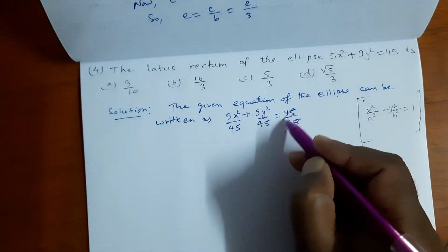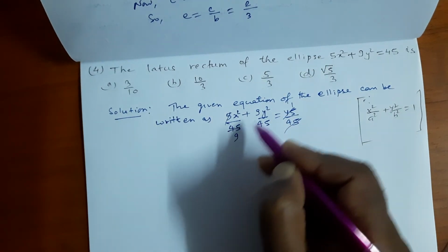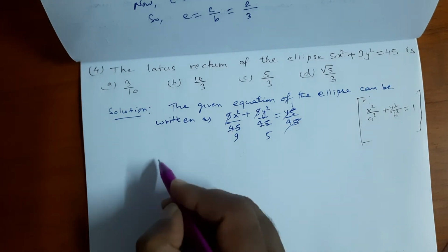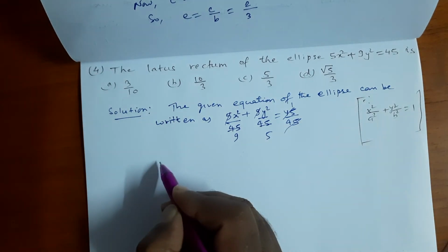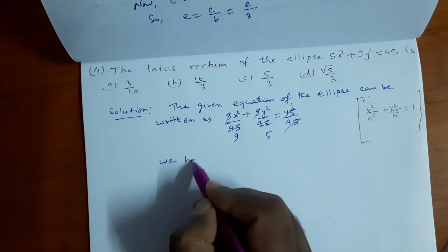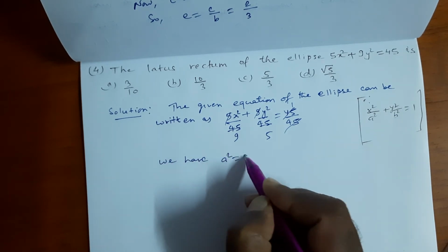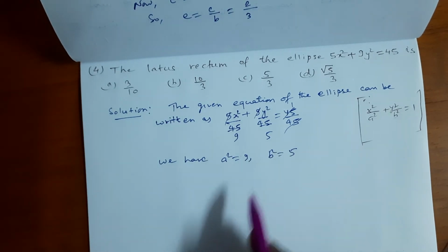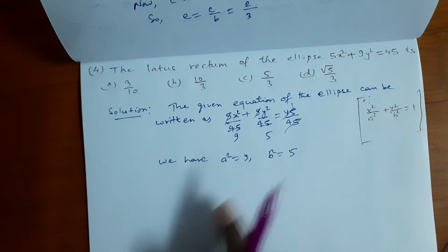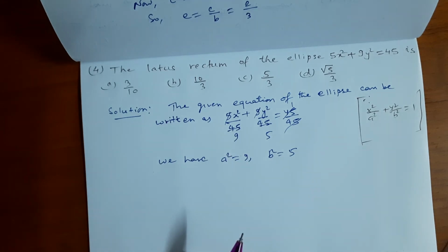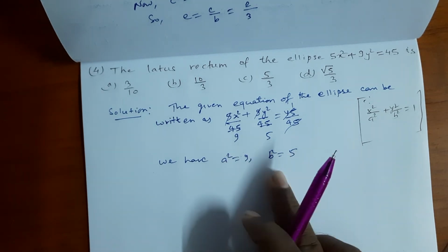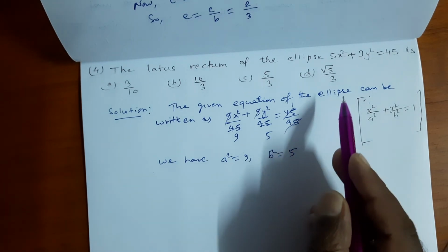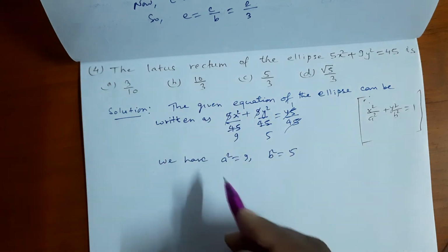Now 45 1s are 5, 9s are 45, and comparing with the standard form we have a square equals 9, b square equals 5. Here a square is bigger than b square. So the major axis lies along the x-axis, and when the major axis is along the x-axis, then the formula for the latus rectum is